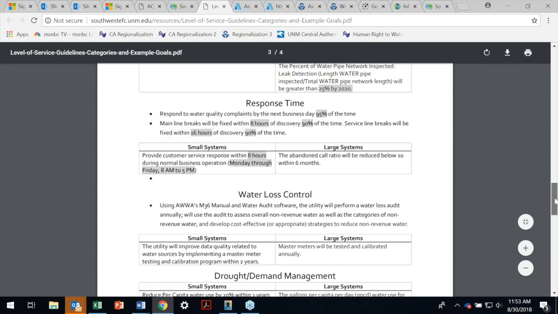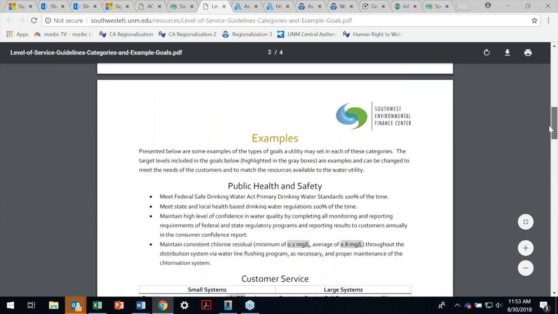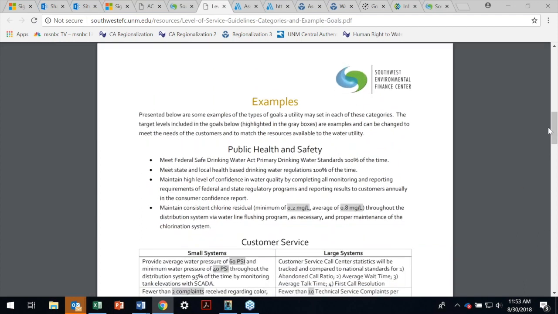So the goals are things that you could adopt, whichever goals out of this list fit your particular situation. Change the target levels for how you operate your system, and then you will have some good level of service to begin with. This is not meant so that you would adopt every single one of these, because they should be relevant to your system and what's important, but you can pick ones out of here that would help you get started.